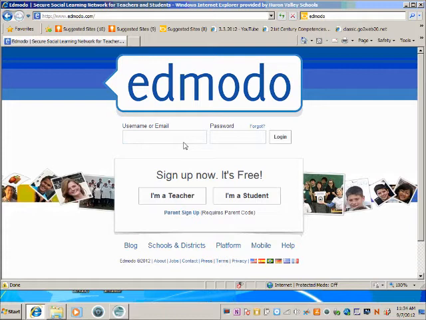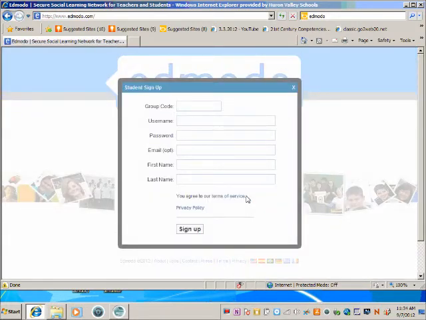www.edmodo.com. Here's where it gets a little tricky. If you are a current Edmodo user, you will use whatever username or email that you put into it last time you were asked to create a user account, and the password. If you're new to Edmodo, what you will do is click on the I am a student login. Now, your teacher will give you a group code that will associate your login with their classroom. In my classroom, I'll be giving yours to you shortly. If you are a current user, you will not have to do this a second time, so disregard this part